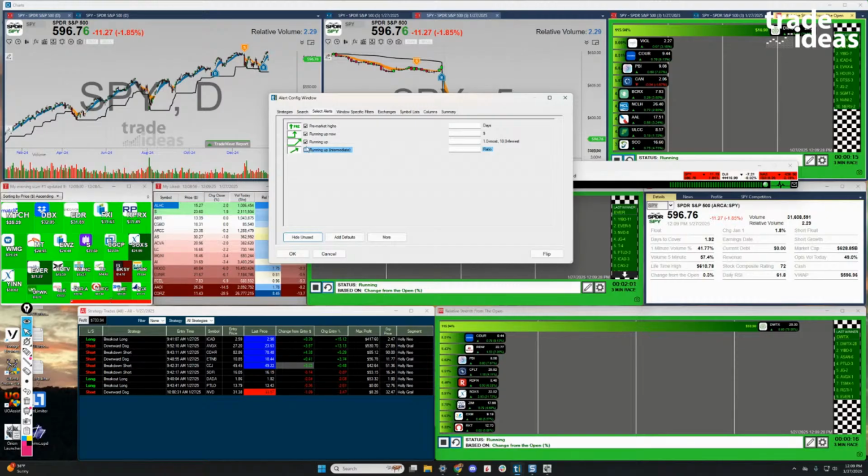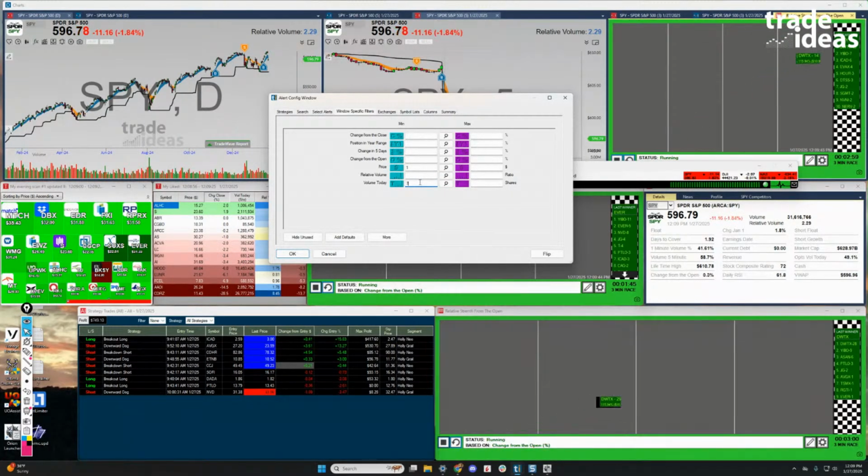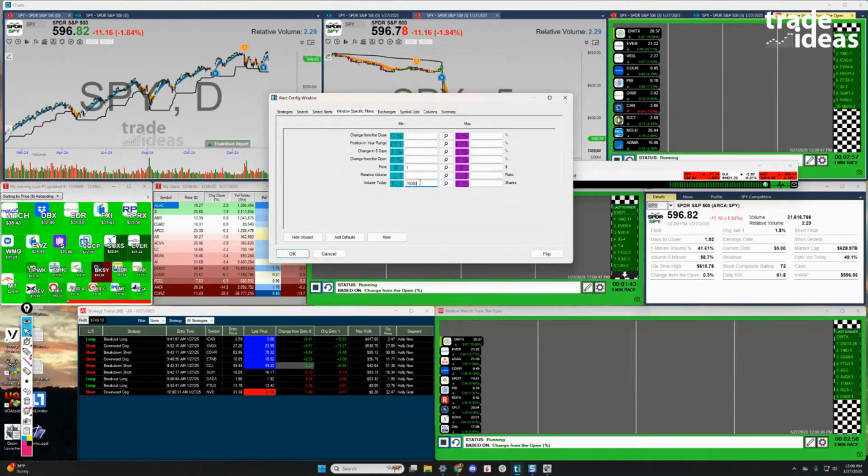So we've got 3 different alerts I could pick off, and then we can come into the filters here. There's some stuff that I have in my own default setup here. Everybody starts with a certain set of defaults. I've changed mine around. You can always do that as well. So let's just say a minimum of $1. Let's say it had to have traded 75,000 shares on the day.